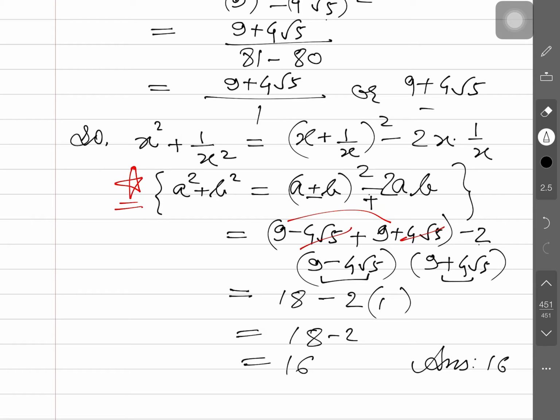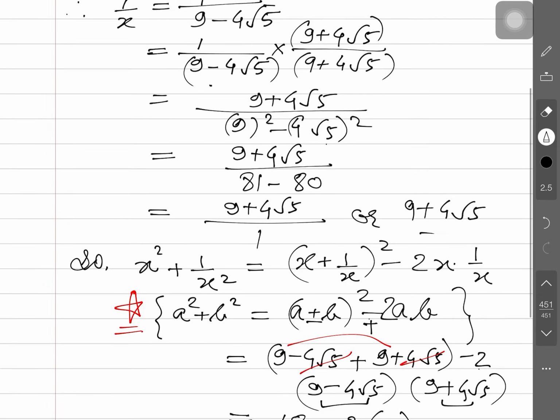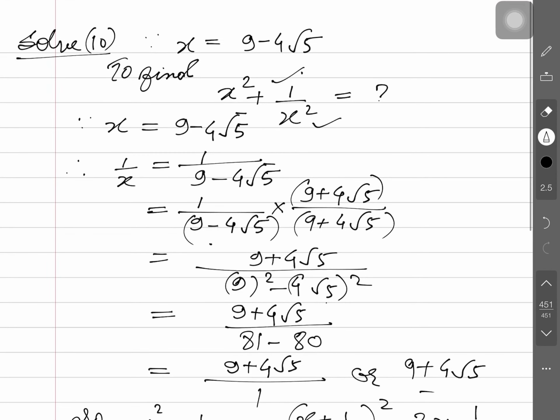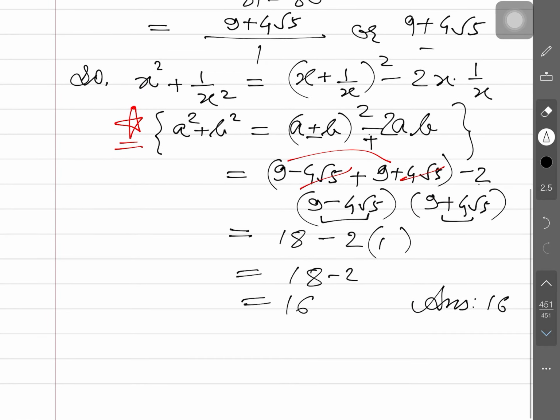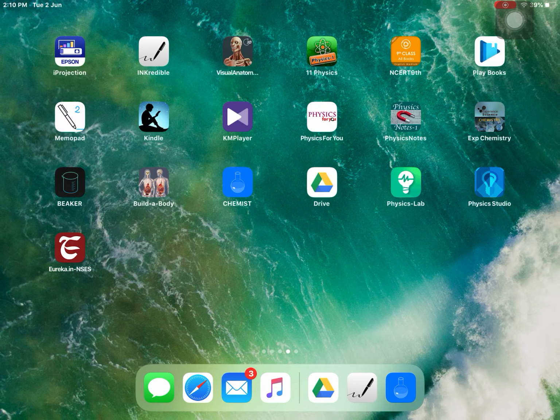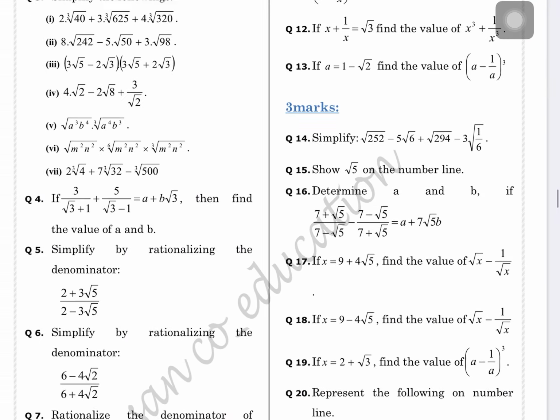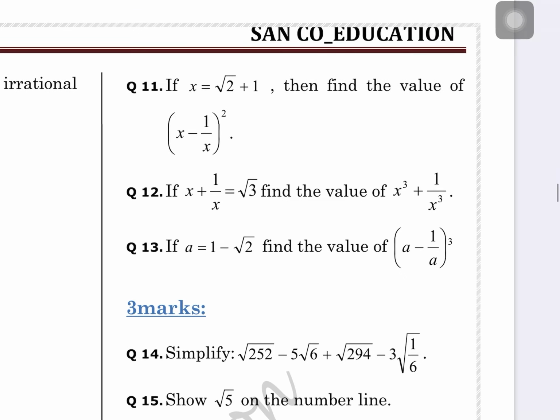Well understood? So, it means that you had been given x and you solved for 1 by x. Bringing 1 by x is the main thing, is to bring the question term in the simplified expression. Sometimes x is given and you are to find out under root x. Sometimes it is a more difficult expression. I am telling you these types of questions; I hope you can solve this.